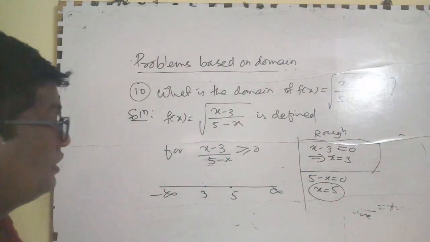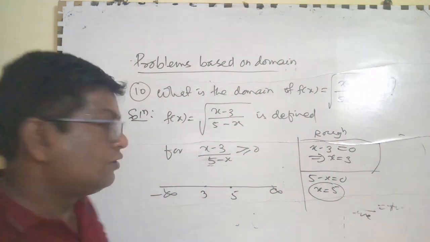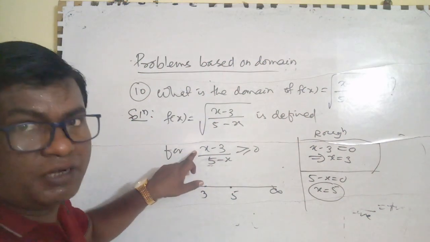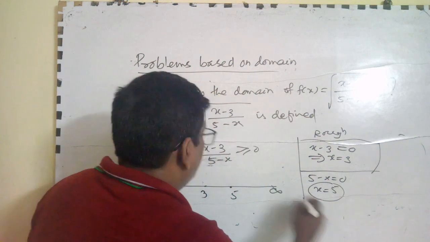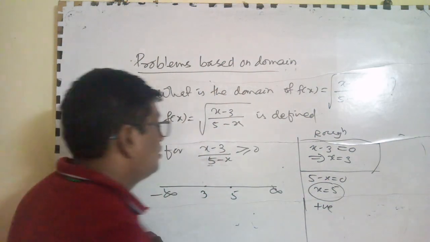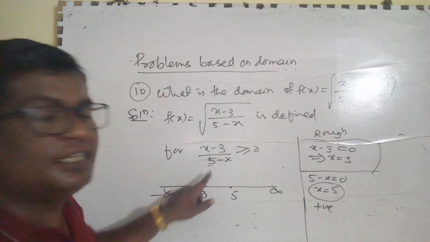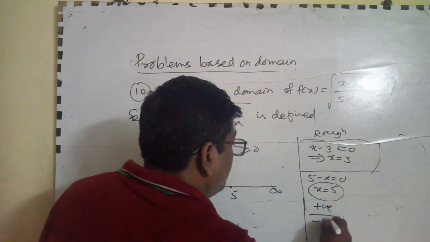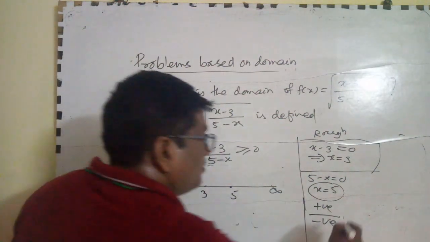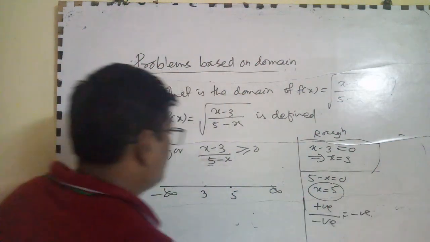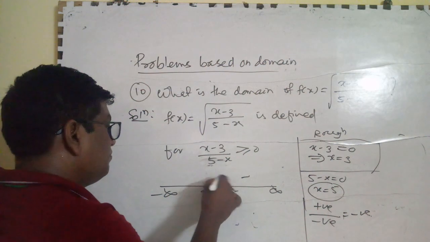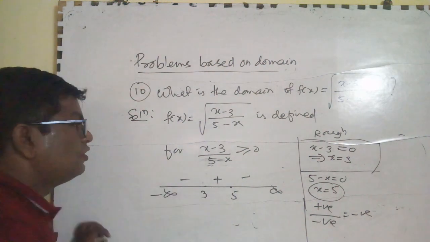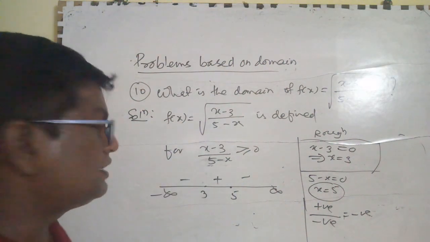Now the sign rule is very important. What is the coefficient of x here? Coefficient of x in the numerator plus, the coefficient of x in denominator negative. The plus by minus is minus, negative. So put negative sign at the right, then alternate minus plus minus. Greater than equal to 0 means positive number.